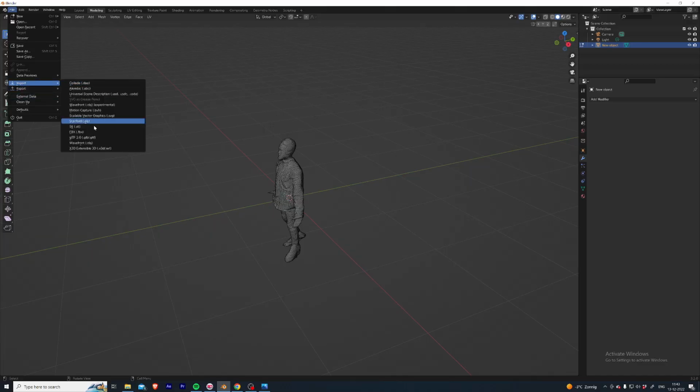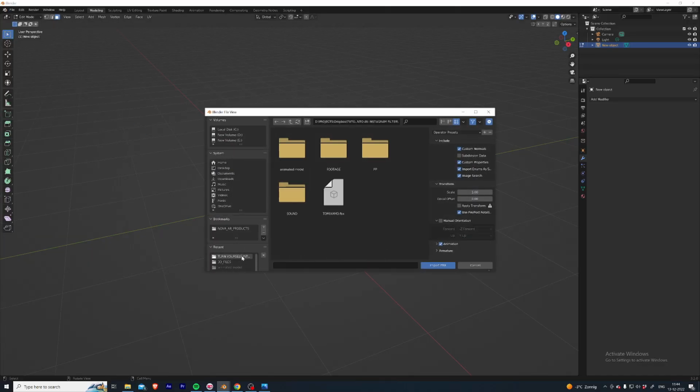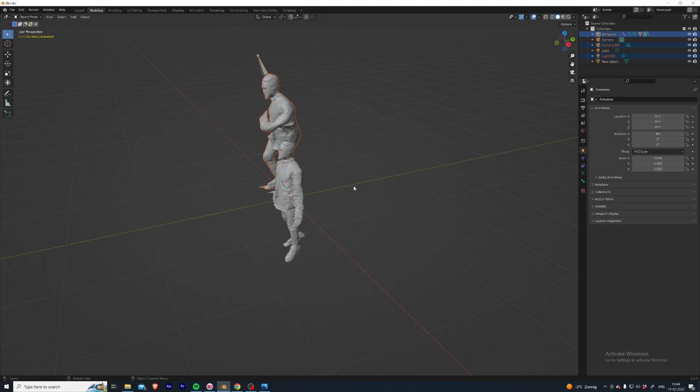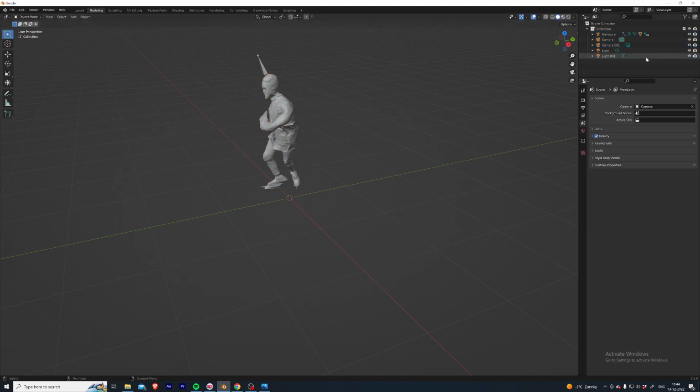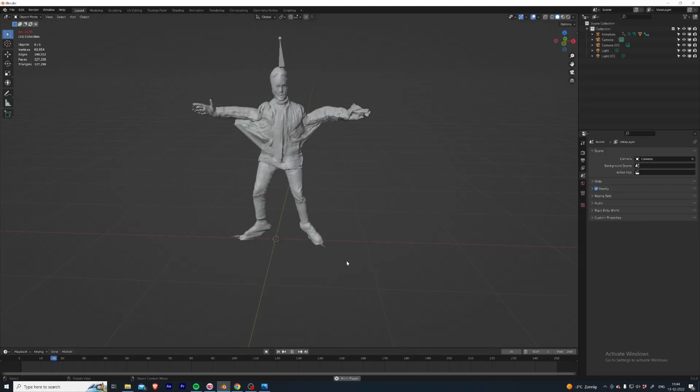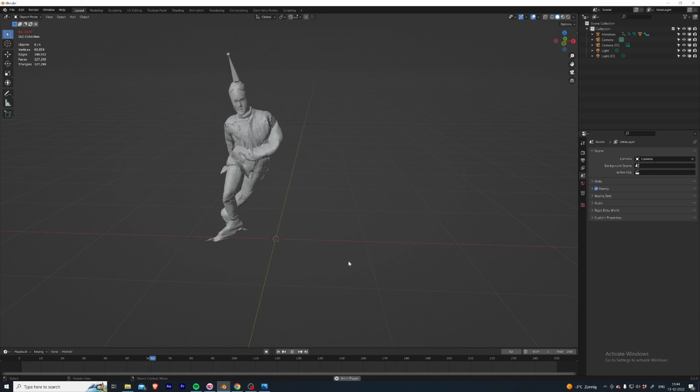So I'm gonna head over to Blender again, import FBX, animated model and hip hop dancing 3, import it and voila, here we have it. We can delete our original model and press play to see if it works. And yes, it is working. Our 3D model